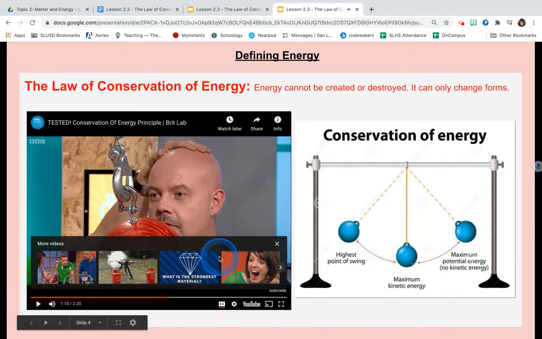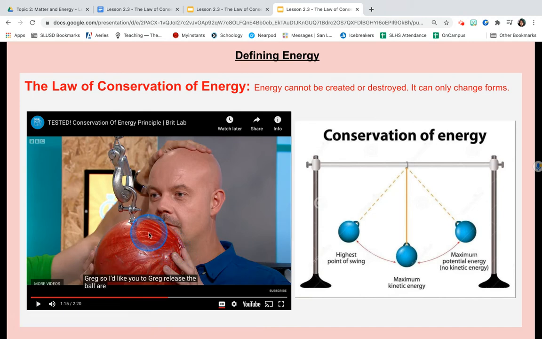All right, so here's the question though. When he releases this bowling ball, is he going to get hit in the face with the bowling ball? What do you think? And maybe you can sort of start to understand the definition of the law of conservation of energy that's at play right now, or maybe you have no idea, but maybe after you watch what happens with the bowling ball, you'll understand this law of conservation of energy a little bit better. All right, so let's see what happens after we place our bets. What's going to happen when this dude, Greg, releases the bowling ball?